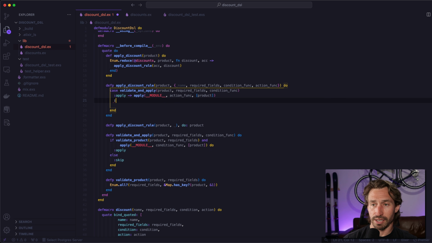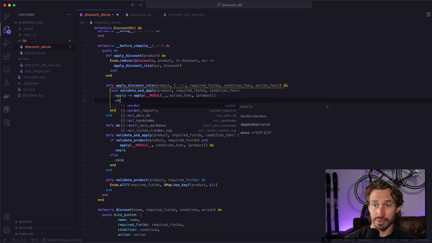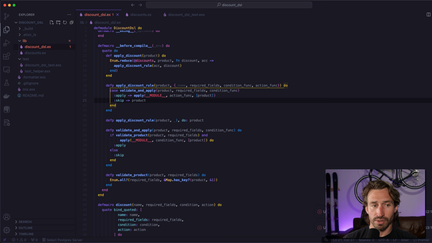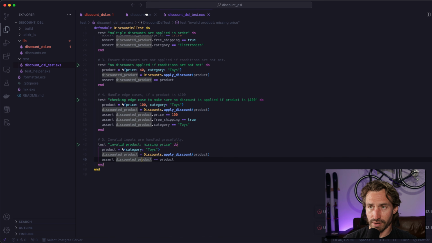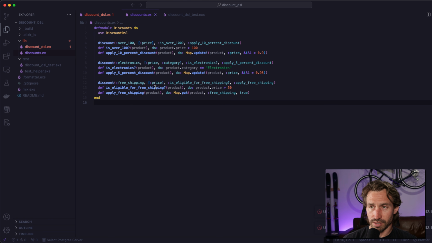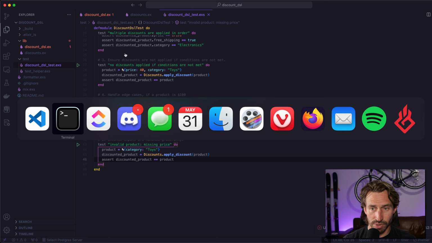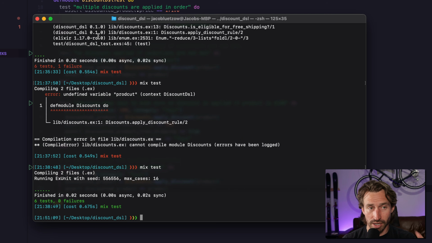Awesome. And then if we get our skip, we can do our dash greater than, and then if we're skipping it, we're not applying a discount. We're just going to return our product as is. All right. So now if we save this, we have our discounts here. All right. So if we run our tests, this test should still pass because we removed our hard-coded